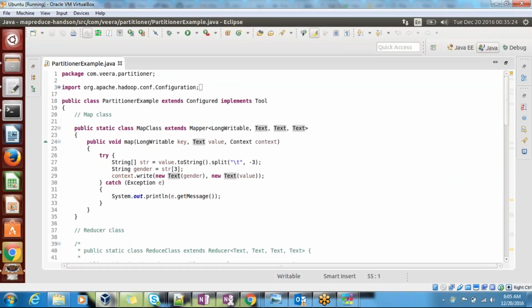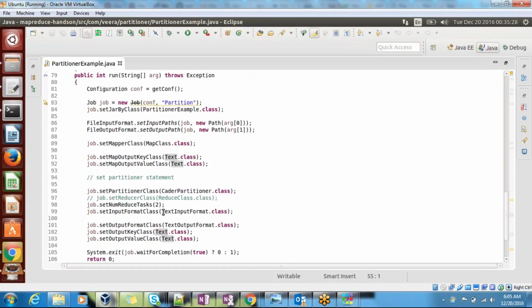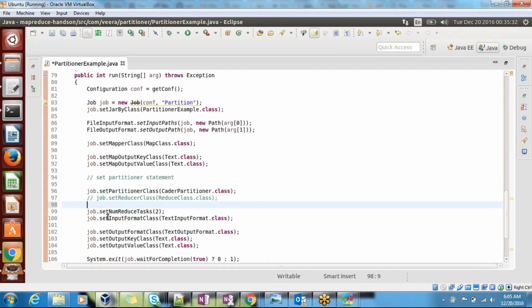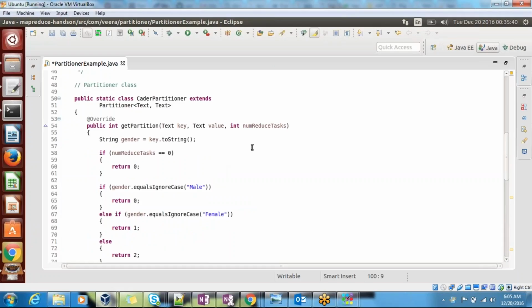You may be surprised where I'm getting the number of reducers from. The number of reduce tasks will come from here. When you say job.setNumReduceTasks(2), it means 2 reduce tasks, and this 2 will go here. If the number of reduce tasks is 0, no reducer will work.